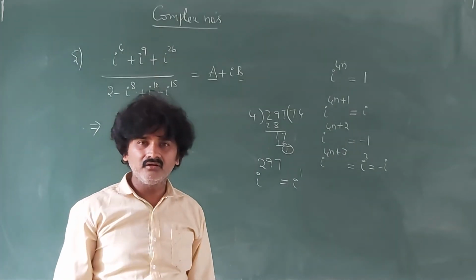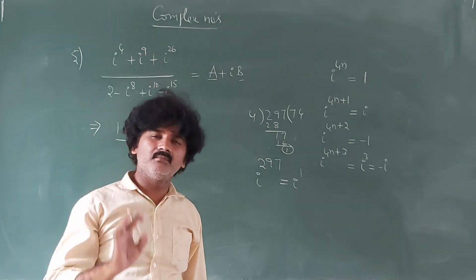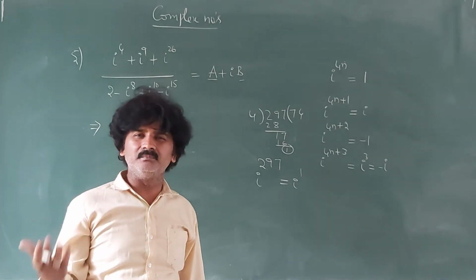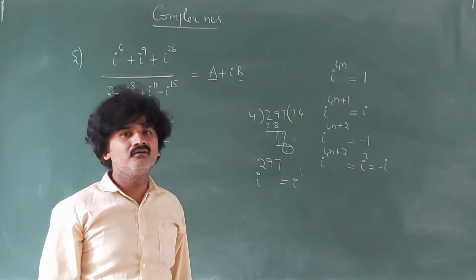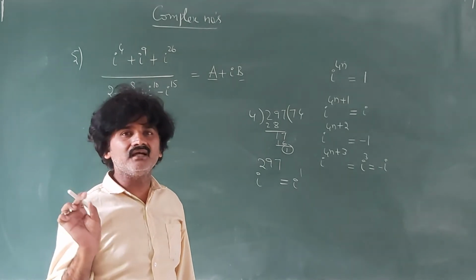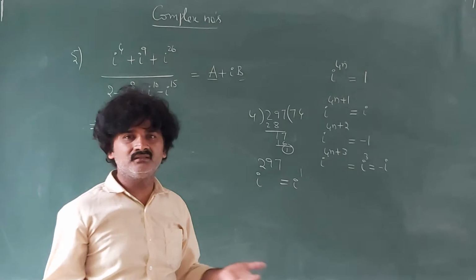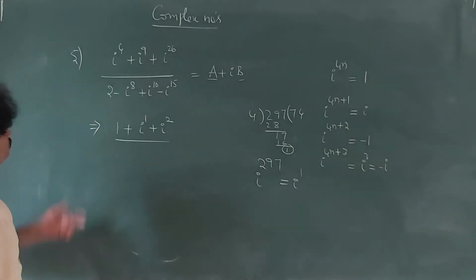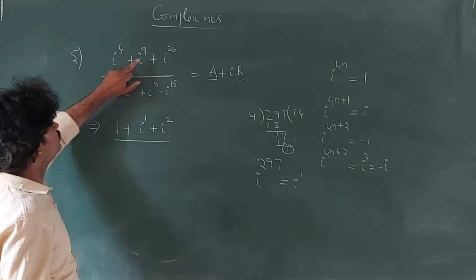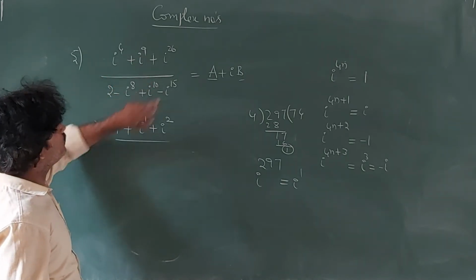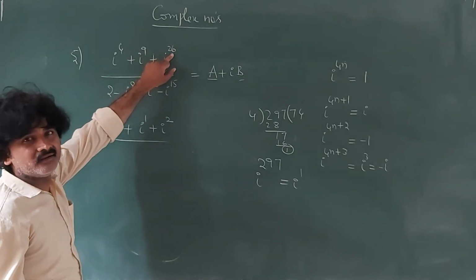Got the point? For i to the power of a thousand, whether the number given is small or big, divide the power by 4 and only consider the remainder in the power. Easy, right? Now, divide by 4. If the remainder is 0, i to the power 0. If the remainder is 1, i to the power 1. If you divide by 4 and the remainder is 2, write the remainder.